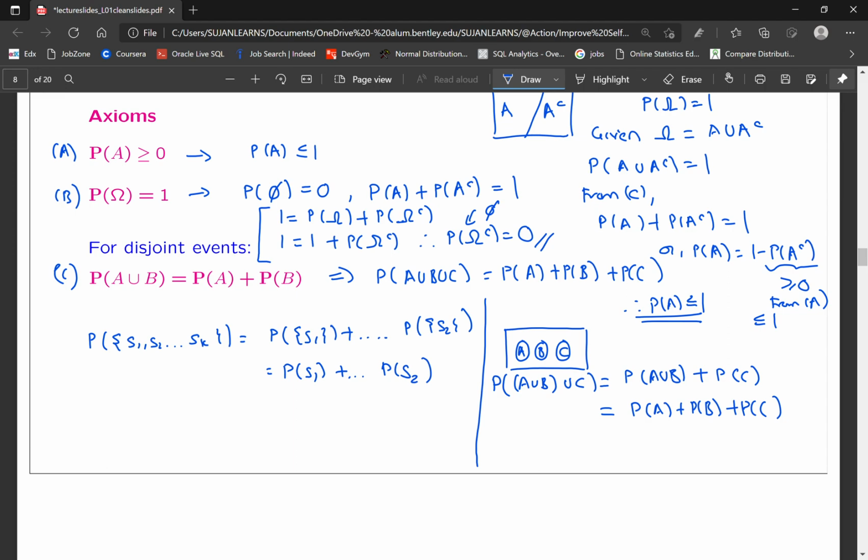One application of this expression is that it is very useful for calculating the probability of a finite set. Let's say we have a sample space, and within the sample space we have different events, which are, let's say, finite: up to k events, 1 through k events. These events or elements are finite and distinct. They are not the same, and they are not infinite. What we can say about the probability of this finite set is that